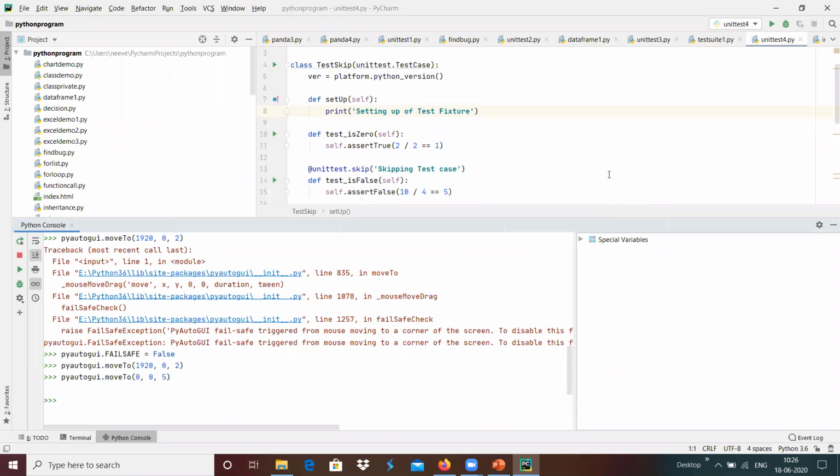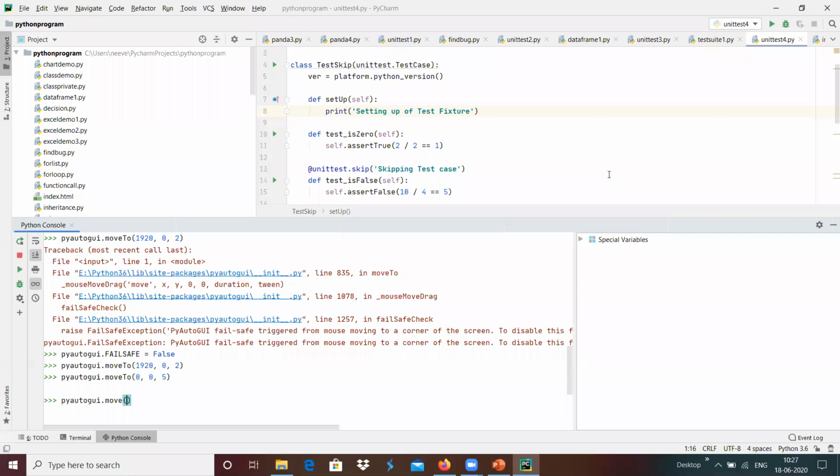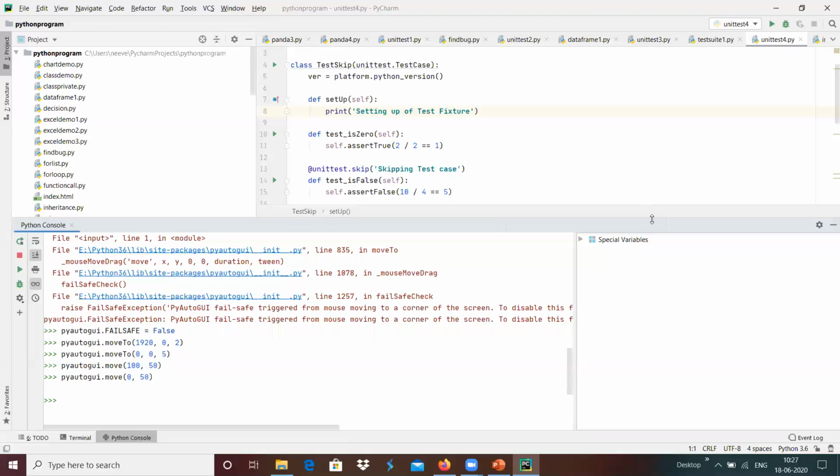I have that position over here, and I wanted to move by pyautogui.move with an x offset and a y offset. Maybe I'm going to move 100 in x and 50 in y, and it has moved from this location to this location. In a similar way, if we wanted only y direction movement, we can give the option None, so that the cursor will move only in the y direction.